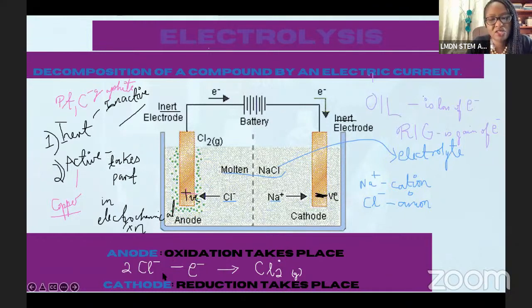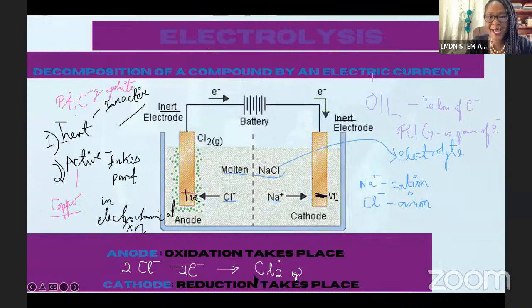And then over here, if this is 0, the overall charge over here must also be 0 when we put everything together, right? So we have 2 negative charges here, and it's losing the 2 electrons. So we need a 2 here for it to balance to get to 0, right? Does that make sense? So 2 negative charges, and it's giving away those 2 negative charges to end up being 0. So we need to put the 2 here because we have 2 chlorine atoms over here. So to make it perfectly balanced, that's what we do, right?